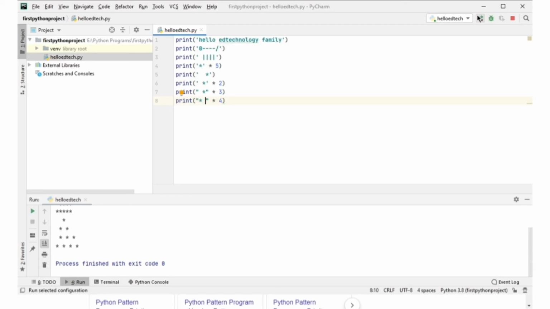So this is again a very naive way of creating a pattern. We are not diving into the variable loops or the structure of the programming, but this is the way you can create different simple programs using PyCharm. In the further videos we will see how we can go ahead with the different components of the programming.